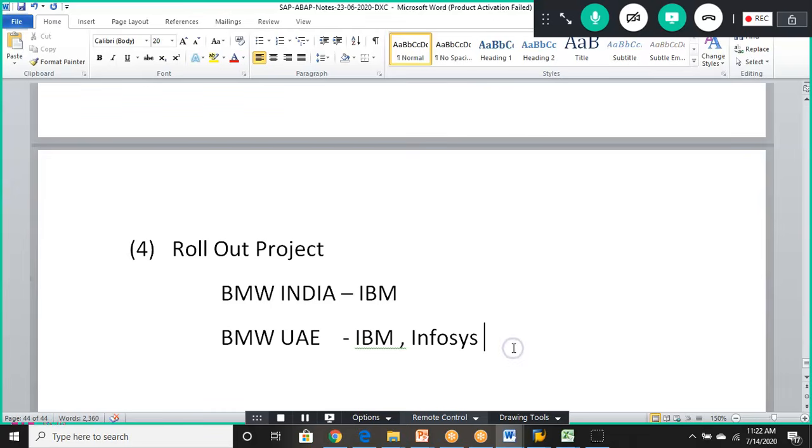So a rollout project, there are very, very narrow chances of you getting one, because the client, say BMW UAE, might decide that Infosys is better than them in that geographical location. In that case, they will give the project to that particular company. So the rollout project is the fourth one, and the fifth one is